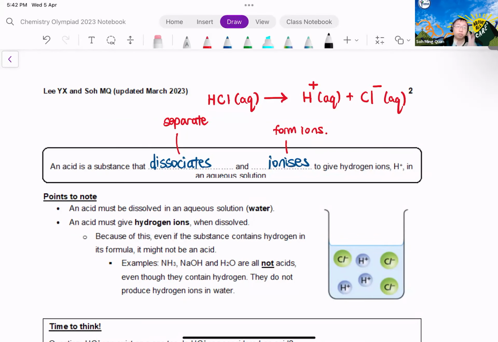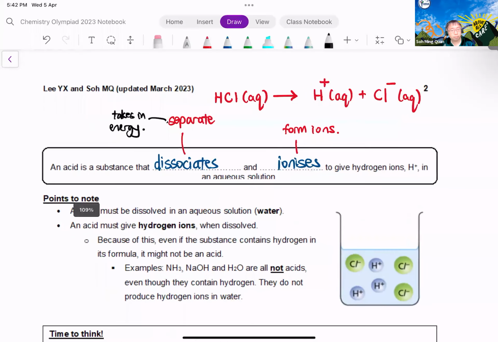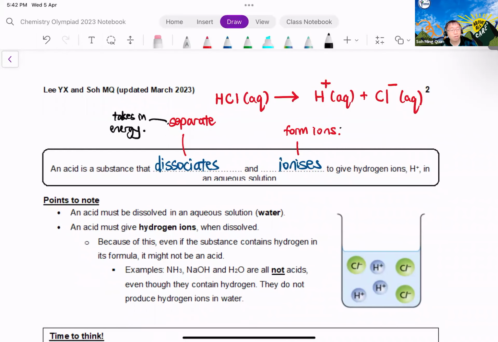So I repeat, there are two things that happen. One is dissociate, which is to separate. The second thing is ionize. Now, so my pure chem students in Sec 4 might wonder, oh, so it involves bond breaking, so it takes in energy from the surroundings. But does it only take in energy? When HCl dissociates and ionizes, does it only take in energy? The answer is no. Dissociation takes in energy from the surroundings. However, ionization releases energy